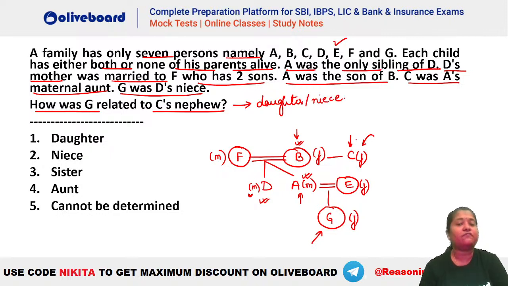So we do not know which nephew is being talked about because there are 2 nephews for C, that is your D as well and A as well, है ना? तो D और A दोनों nephew है, तो किसके मतलब represent आप करोगे, किसका relation आप represent करोगे यहाँ पर for G? So you can see the answer will be either daughter or niece. That means it can be either 1 or 2. So that is why it will be cannot be determined.